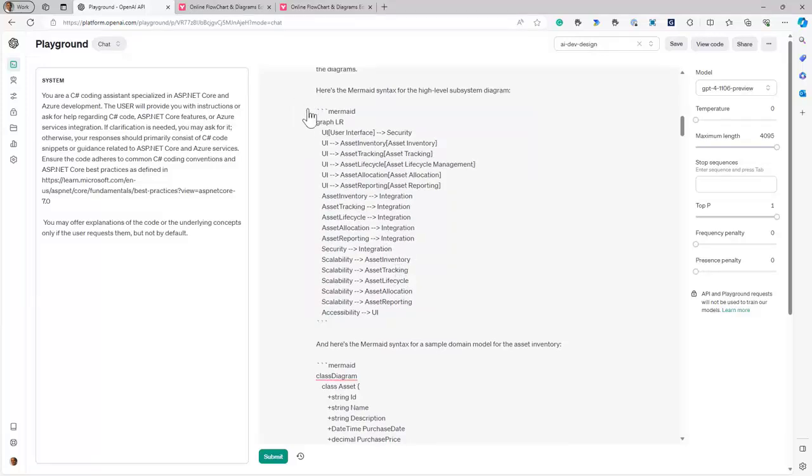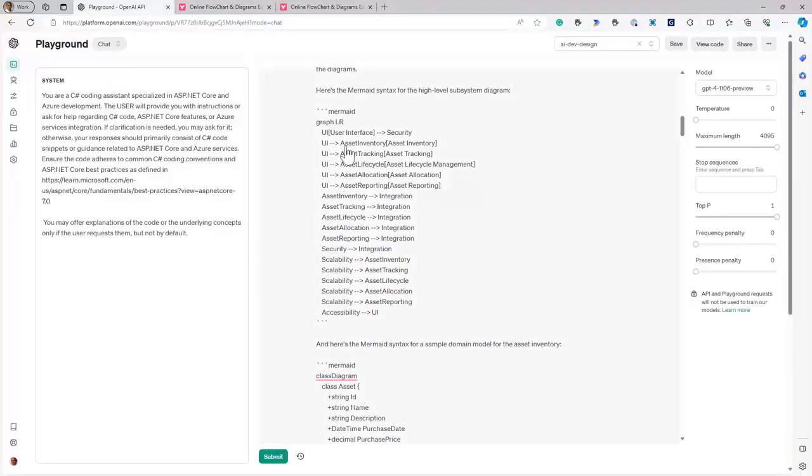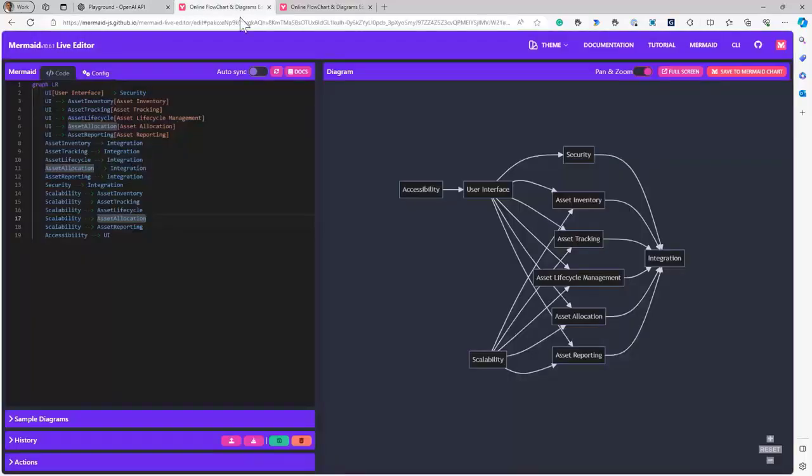So let me go ahead and do that in order to save us some time. I already ran these prompts, and I already have the mermaid editor open here. So essentially what I've done is I've taken the output that was produced by ChatGPT on the screen here and pasted it into a live online mermaid diagram editor.